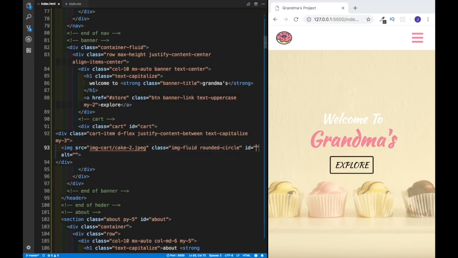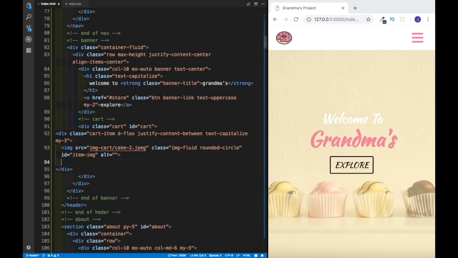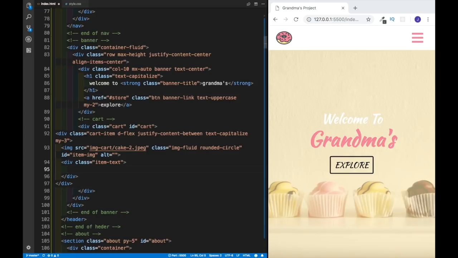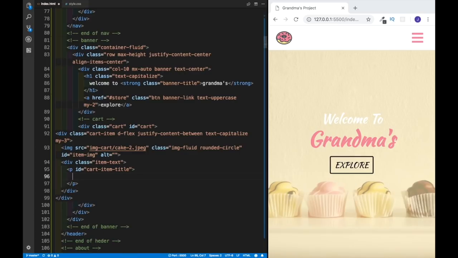Then we also can do the item image, so item img, so this would be for the ID. And once we have the image, the next one is going to be text. Now for the text, we're first going to have the div, so item text, and within this div, there's going to be a paragraph. Now the paragraph is going to have the ID cart item title, and then within the paragraph, we would want to write cart item,